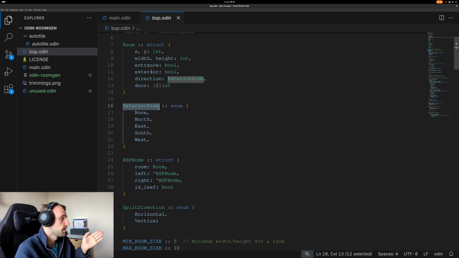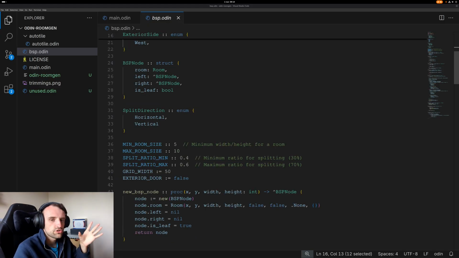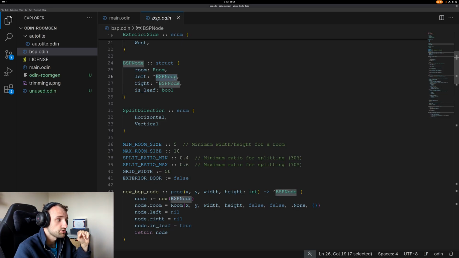That was also a boolean here. So the entrance to the house, but they can come on later. Let's just look at the space partition. For the actual binary space partition node, we contain the room that I just said, and then we also have a left and right, which is just a reference to another node,